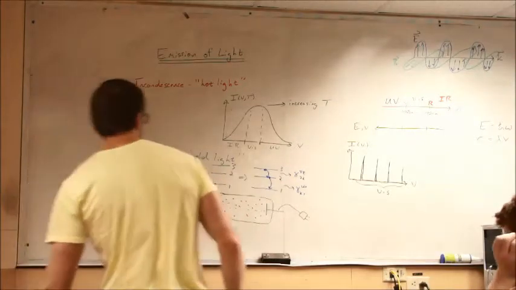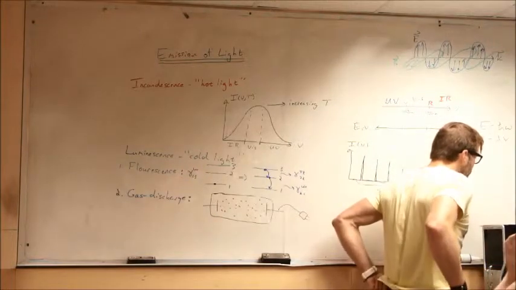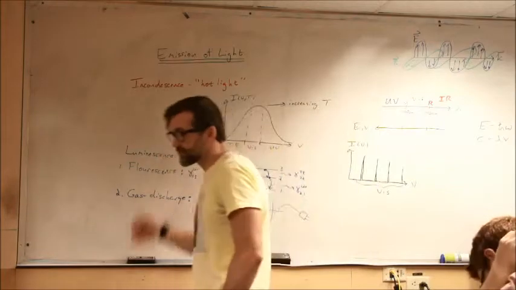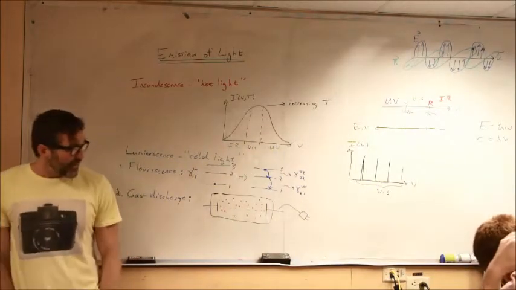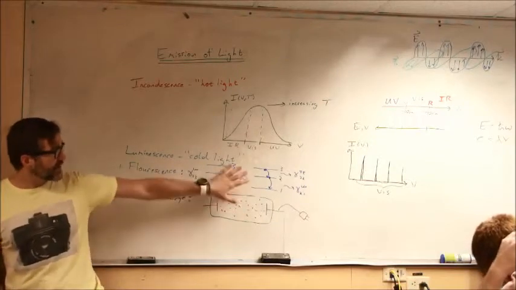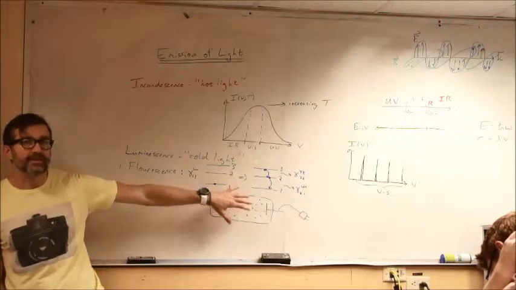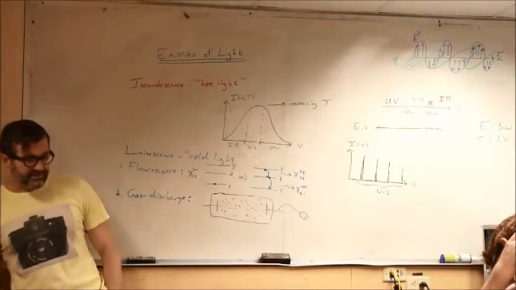So we've got gas discharge tubes, we've got fluorescence, and these are both examples of luminescence, and there are other examples out there. And generally speaking, luminescent phenomena allow us greater control over the light emission, which means that we can produce more efficient light sources. So to give you an idea of the efficiencies,